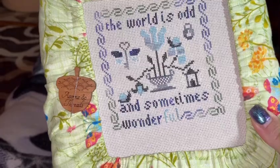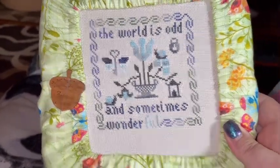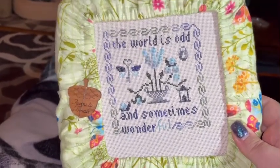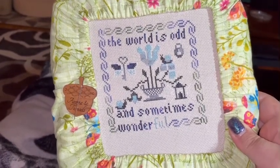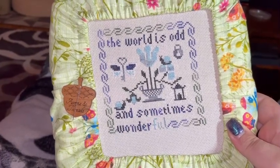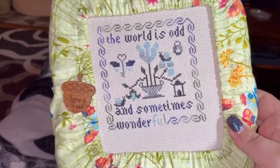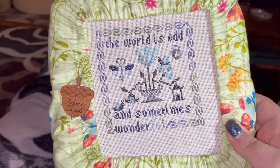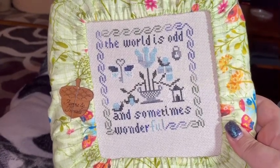So the first thing that I've done since I vlogged last is I finished Oddworld. Yay! As you can see, it's still on the Q-snap in the ground guard. Haven't even taken it off, which I need to. This is Oddworld by Michelle Bendy Stitchy Designs, stitched on 18 count Fibrelicious Cafe Misto with the Fibrelicious thread pack, because this was a whole big kit for the journal, and so this will be the cover